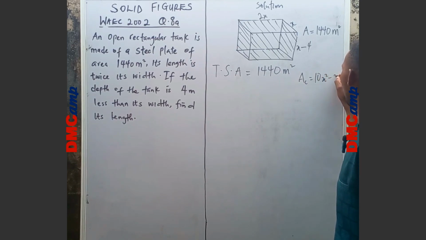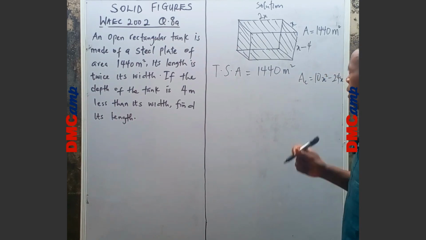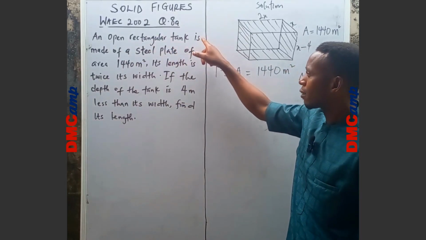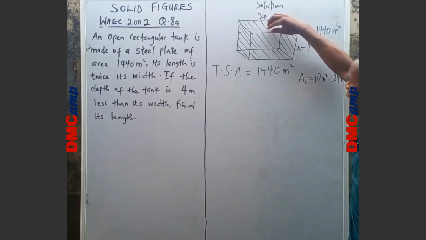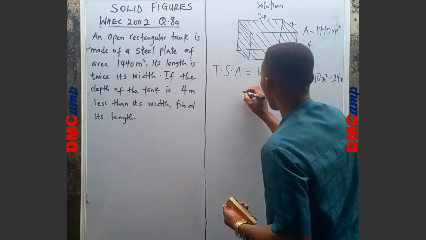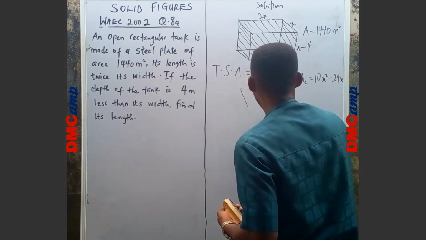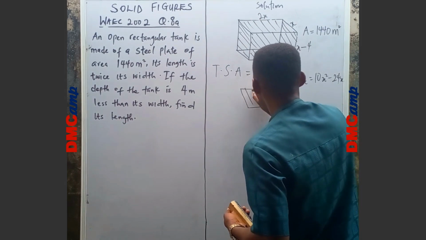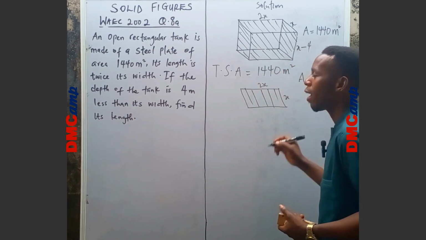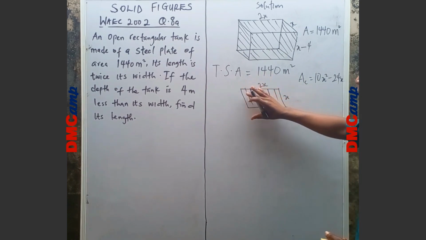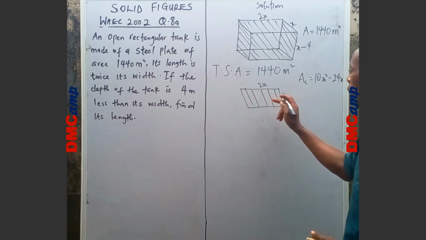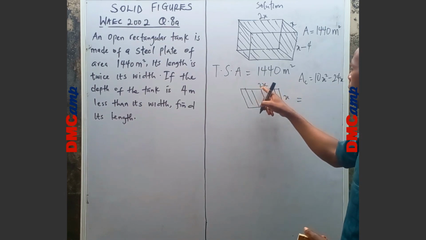to be 10x squared minus 24x. Now, the question says an open rectangular tank. That shows one side of this is open, so we are going to remove the side that is open. This side, here you have 2x and here you have x. So we are going to find the area of this and subtract it from this. The area of this is going to give us 2x times x,